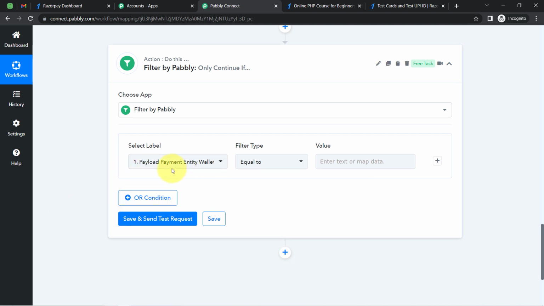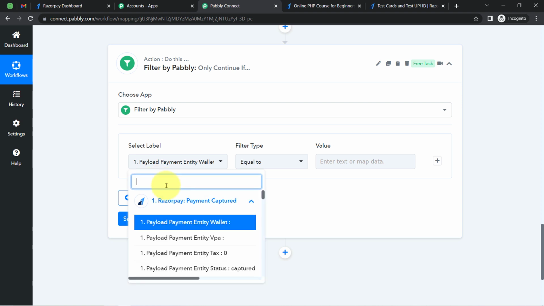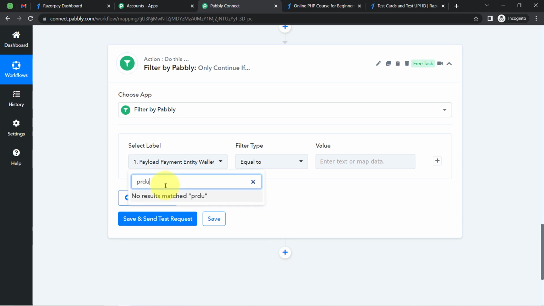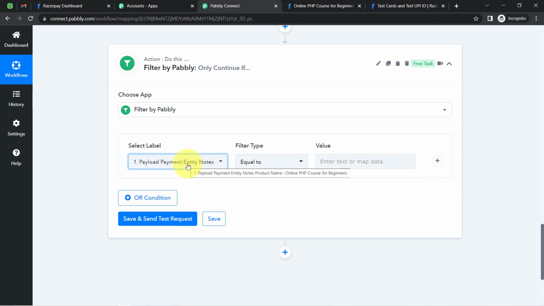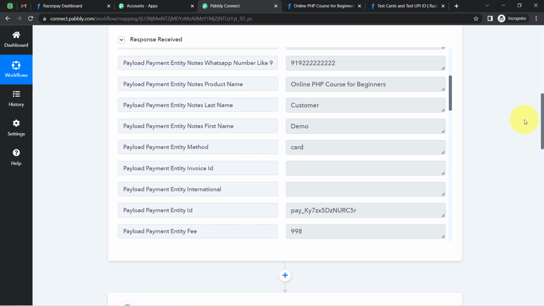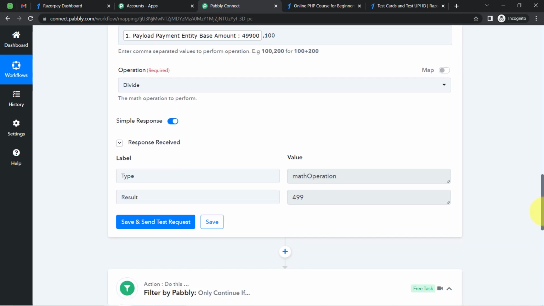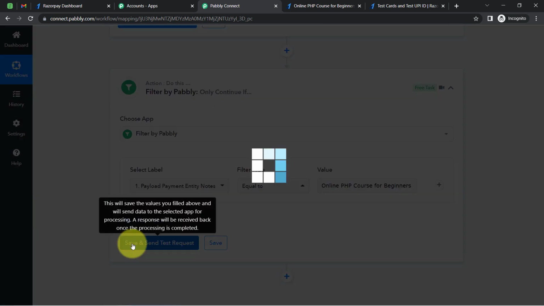Here I want to add the condition as whenever the product is equal to, okay, so here when I search for that particular thing, the product name, let me correct the spelling also. Here we have the product name. If I hover, you will be able to read it: payload payment entity notes product name is online PHP course. Whenever the product name is equal to this particular product, let me copy the name of the product from here only. So whenever the product is equal to this, then only the automation should proceed,